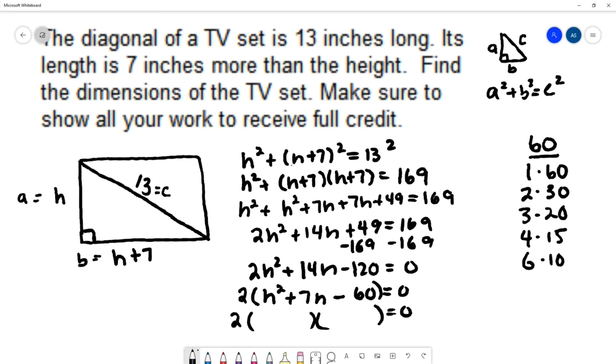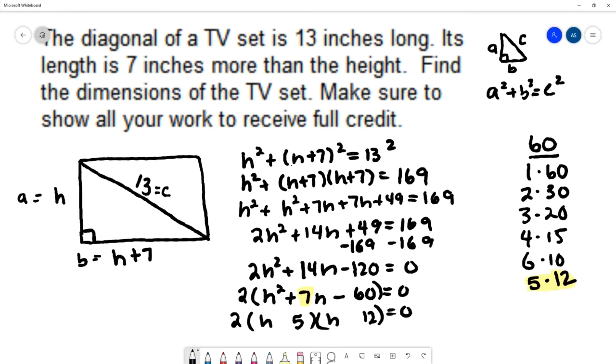And that might be all of them. Oh, I skipped 5. 5 times 12. Okay, so that's the one that I'm going to use because I notice that if I subtract these two numbers, I get the same middle number on my trinomial. So I have 5 and 12,